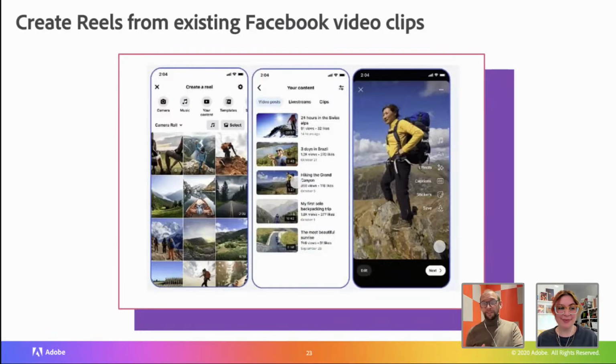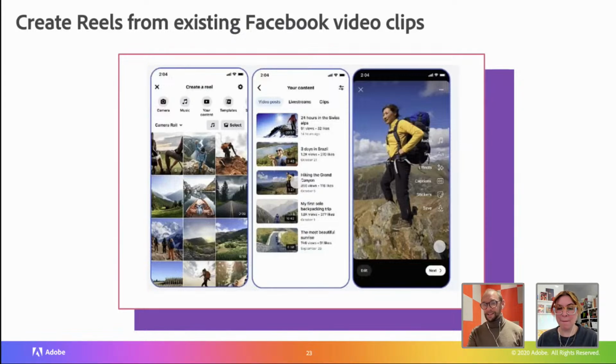We can now create Reels from existing video clips. So if we've uploaded a bunch of videos already in Facebook over the years, I certainly wouldn't want to reuse any of the videos I've uploaded to Facebook over my past. Absolutely not. Rather than go into the abyss, never to be seen again. But if there are some videos that you are happy sharing again, you can now easily edit them into Reels if you want to.